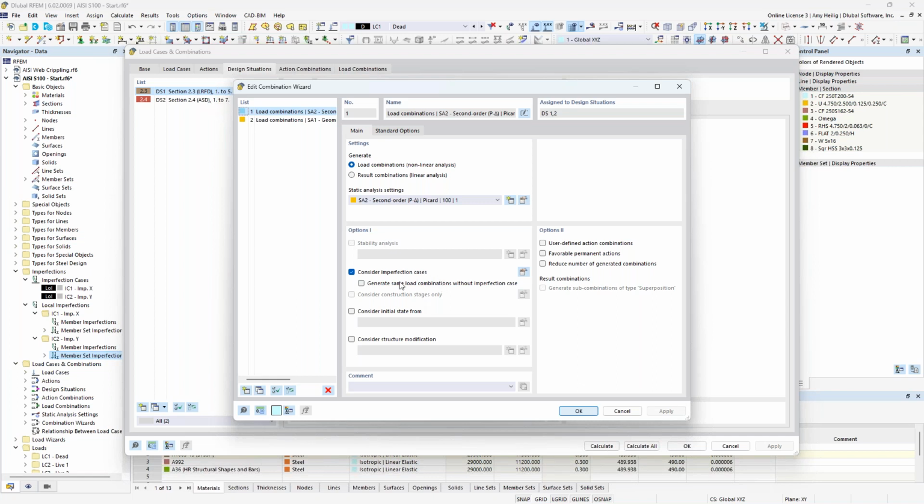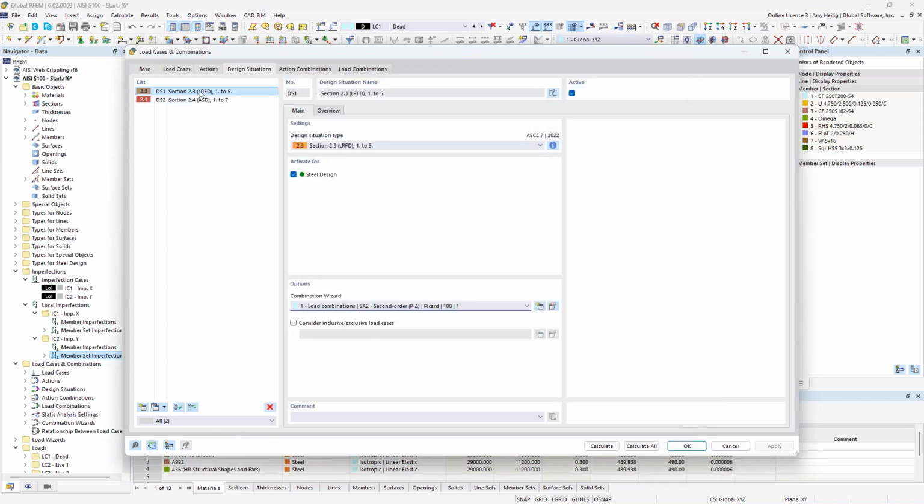Therefore, I don't want to consider my imperfections for this second design situation. Well, it's easy enough to create a copy of this existing definition type. And within this copy, I just simply turn off the imperfection cases. So now going back into my main dialog box for my factored load combinations, we'll keep this as definition number 1. But for my unfactored load combinations, we're going to drop down and select the third option here